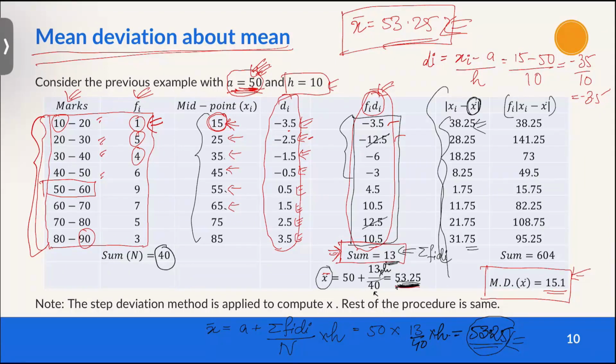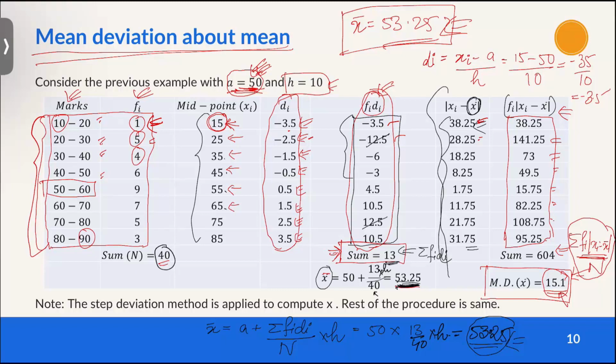Now what is the next step? You multiply it by the frequency. Each value you multiply with the frequency. So you're multiplying the first frequency, which is 1, with this 38.25, then 5 with this 28.25, and you calculate these values. Okay. And then you take this sum for mean deviation. So this sum is summation of fi times modulus of xi minus x bar. And for mean deviation, you divide this by n. Here n is 40. So you will get the mean deviation, and you see this is same as the previous table,